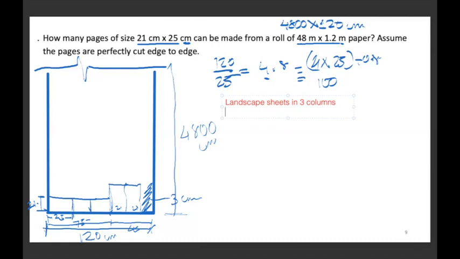So L, I'm writing landscape for L, sheets will be equal to, there are 3 columns, so 3 multiplied by 4800 divided by 21. Why? Because 21 will be the height of the rows. So I have to find how many such rows will come in one column. So 48 by 21 will give me the number of sheets in one column, multiplied by the 3 such columns,